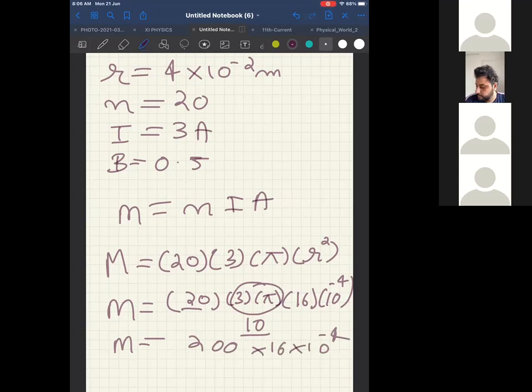So why is 3 pi equal to 10? Tell me, what is the actual answer of 3 pi? 3.1? No, that is only pi. What is 3 pi? 3 threes are 9. So tell me, what will be the answer? 9 point something, correct? Yeah. So we approximate it, okay? Because the options are so far apart, I have that luxury of taking approximations. That is what I said before solving, that the options are a little far apart, so I have good leeway of taking approximations. So I've taken the approximation of 3 pi as 10 just to simplify your calculations.